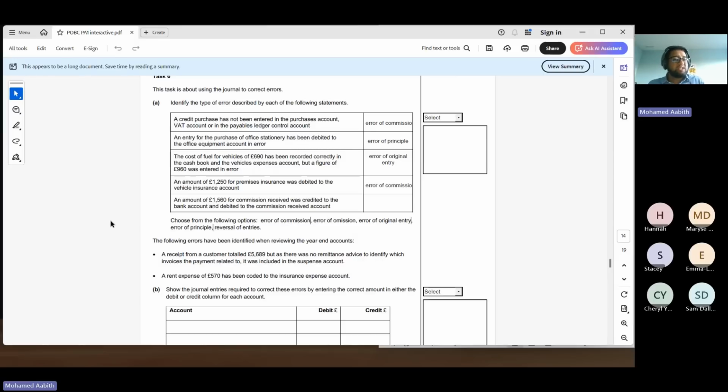The last one, but not the least, the amount of 1,560 of the commission received was credited to the bank account and debited to the commission received account, which is absolutely wrong. Why? When you receive money from your commission, it has to be